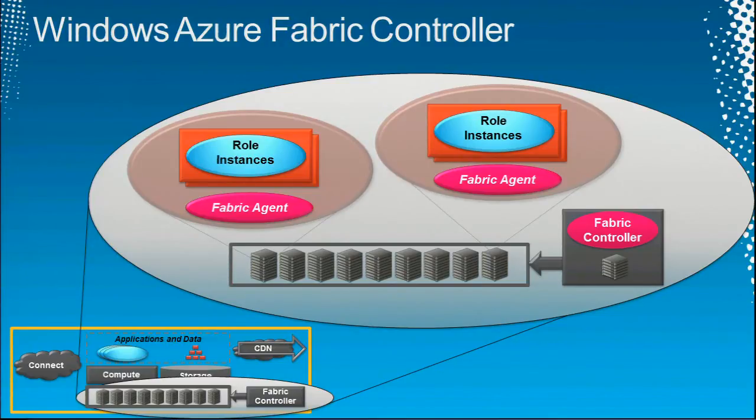A big goal here is to make apps that run forever, and to make it so that you don't have to pay the price of human labor to do these kinds of updates. They're trying to make apps more reliable and cheaper to administer. It's a primary goal of the Fabric controller and of Azure as a whole.